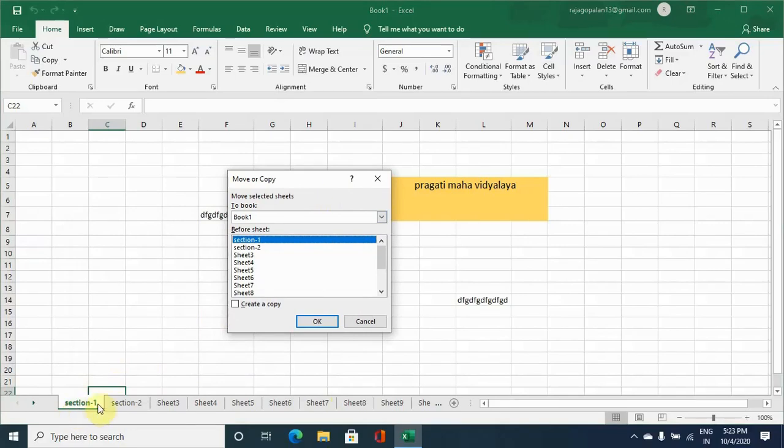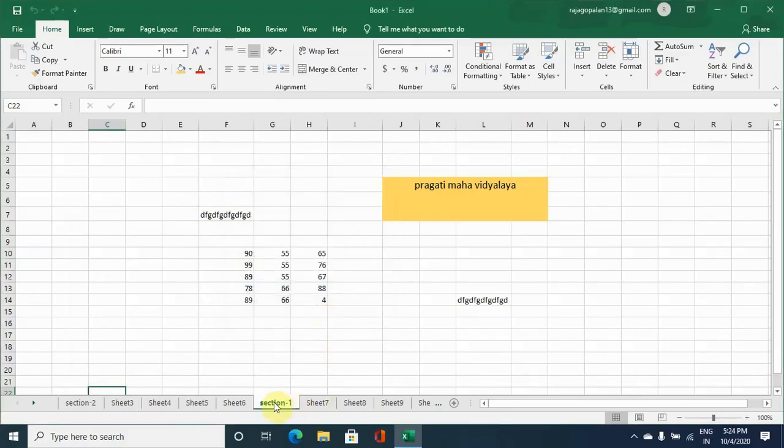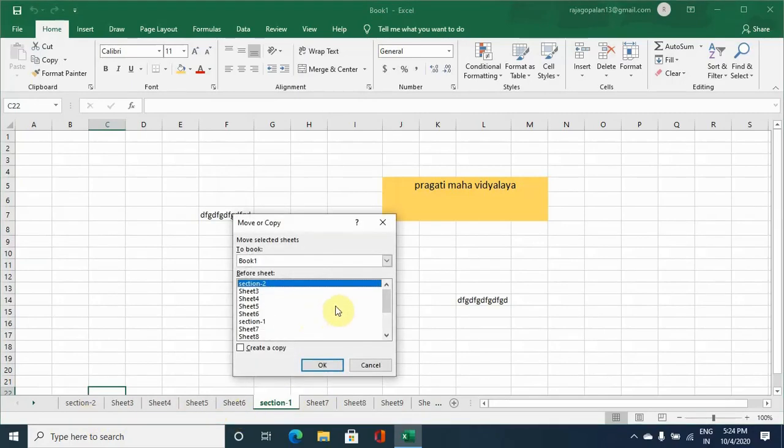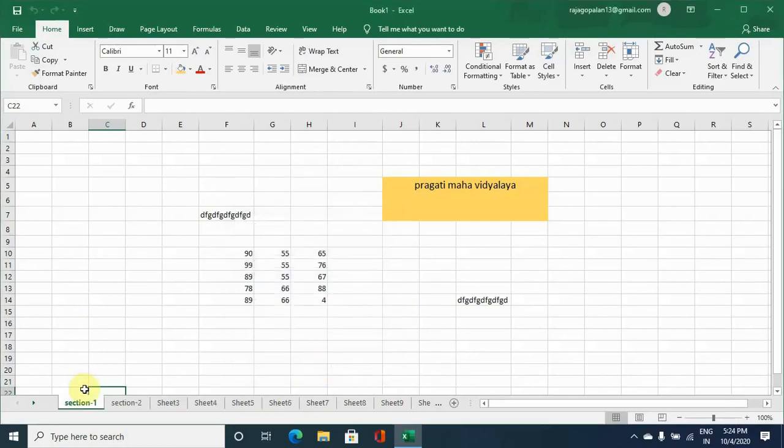Now I want this particular sheet, section 1, to appear before sheet 7, then go for OK, then section 1 will appear before sheet 7. So this is how you move a sheet from one place to another. Now this has come to its original place.